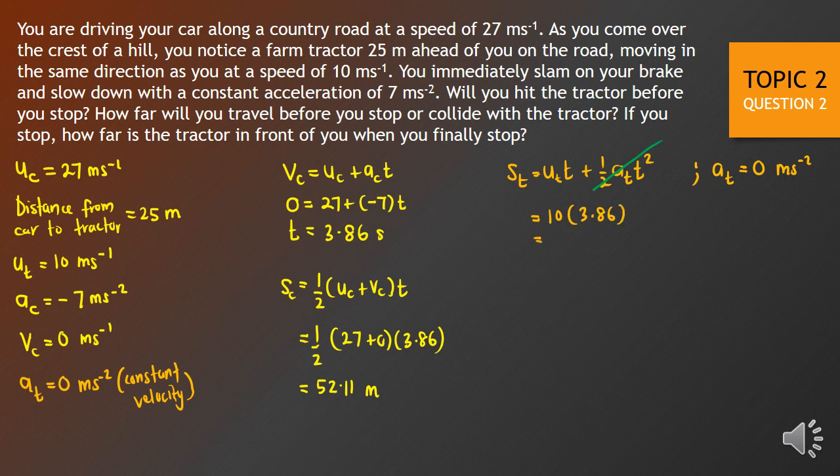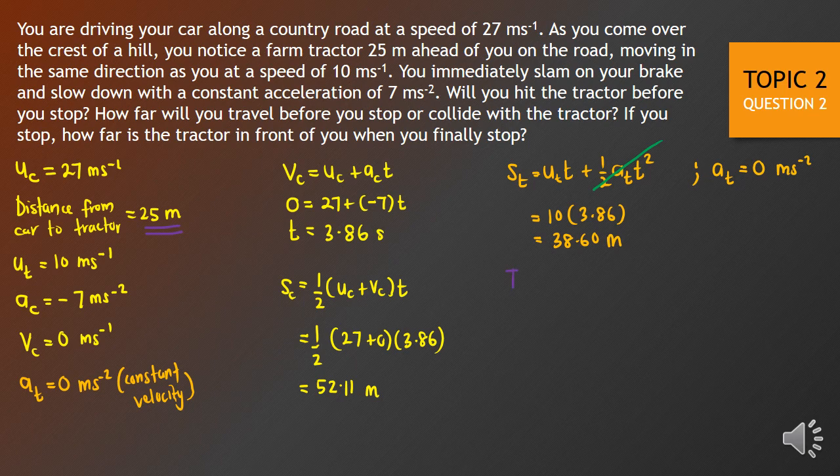So the displacement of the tractor is 38.60 meter, okay, for the 3.86 second period. Okay, within the time duration, the truck has also moved as much as 38.6 meter. So then initially the tractor is in front of the car by 25 meter. Okay, so therefore the distance for the tractor,